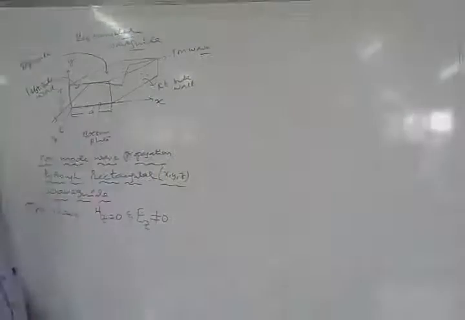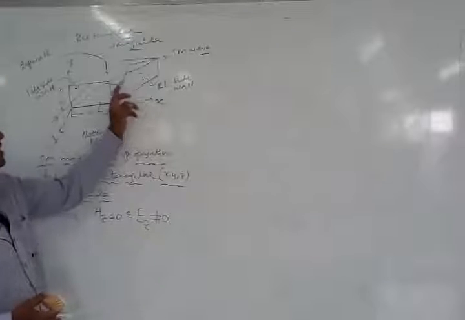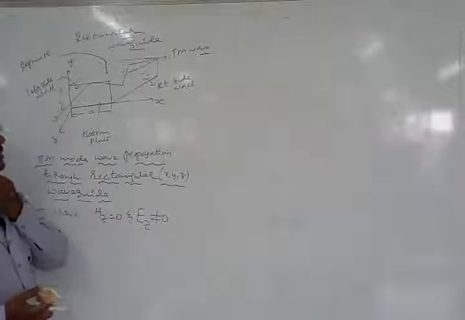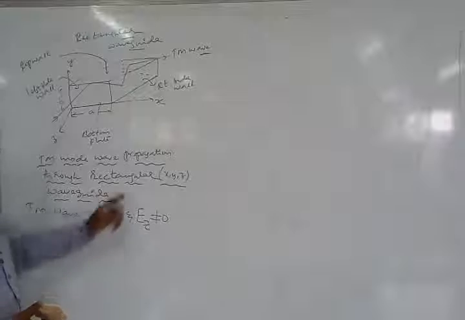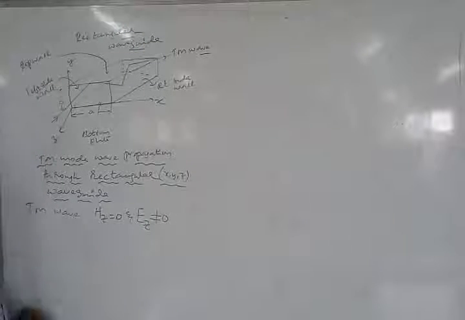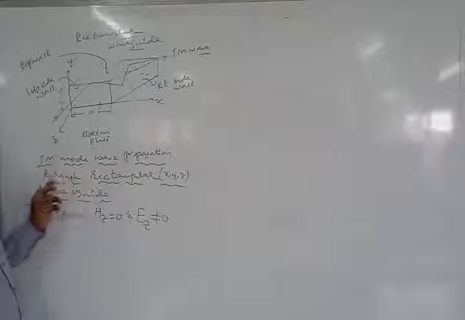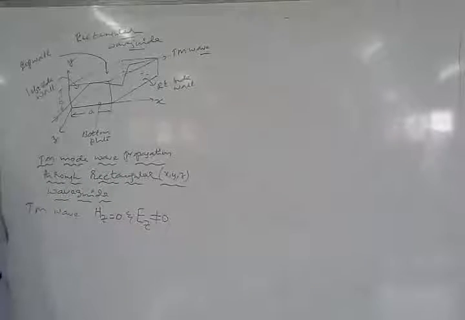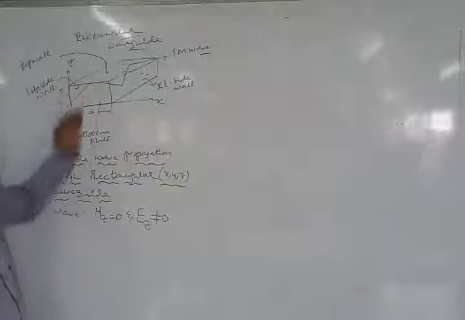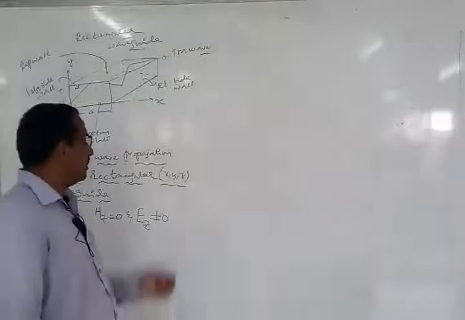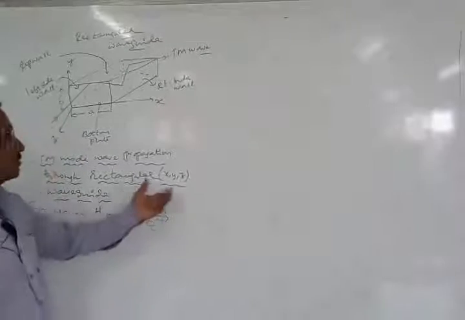Now what is a waveguide? A waveguide is basically represented in a rectangular coordinate system with the coordinates x, y, z. Therefore we deal with the TM mode wave propagation through a rectangular waveguide. A rectangular waveguide is normally going to support a Cartesian coordinate system with the axes x, y and z.